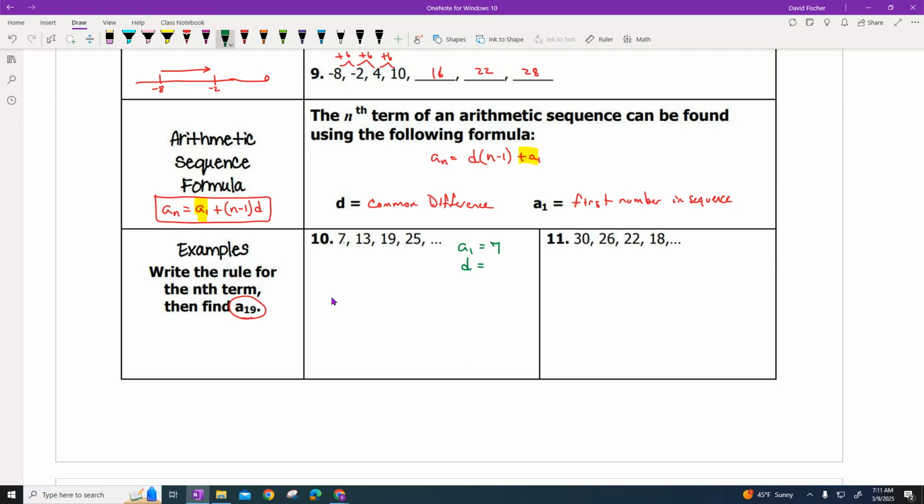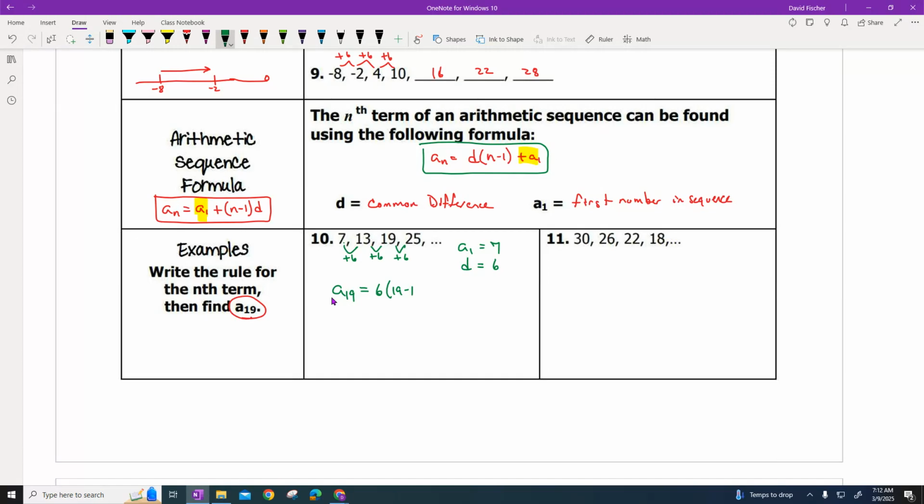So I'm going from 7 to 13. I think that's a plus 6. Yep, plus 6. Plus 6. So my d is 6. So let's use the formula that they have, because that's the way you're probably going to see it. So now I want a sub 19. If they said find the 20th number, that would be an a sub 20, and I'd write a sub 20 there. Equals my d, which is 6, the number I want minus 1,